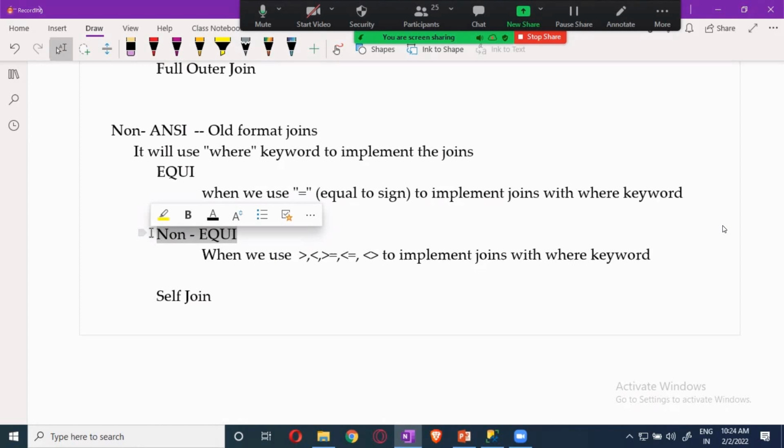They will not say ANSI, non-ANSI. They will ask which one you worked on, equi joins or non-equi joins. Then you should at least know what equi joins and non-equi joins are. That is an older version, and nowadays no one will be using it. So they will say, yeah, I worked with equi joins, or blindly say something. That will be a kind of a trap.